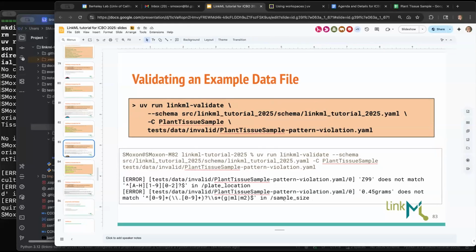0.45 grams does not match this regular expression, so it's going to give me an error. And this seems pretty obvious, like I'm literally making the data and I know it's wrong already, right? But if you're doing a big schema with lots of different people and you want to keep your schema consistent and understandable by many people on the team, having these example files both increases understanding, and it also allows you to